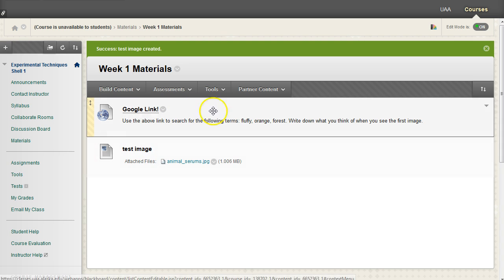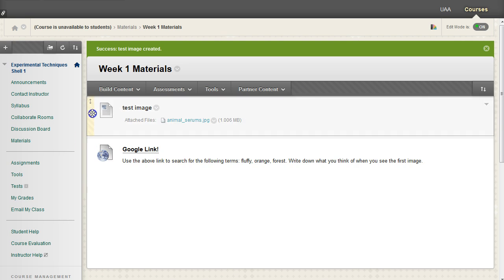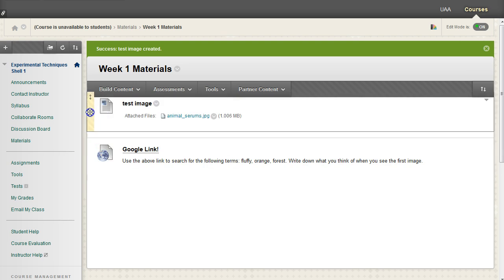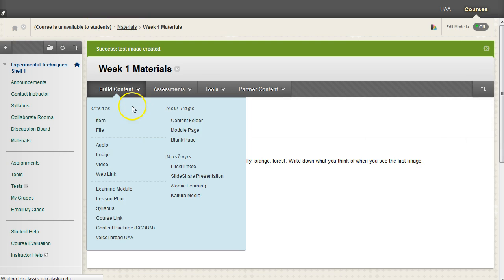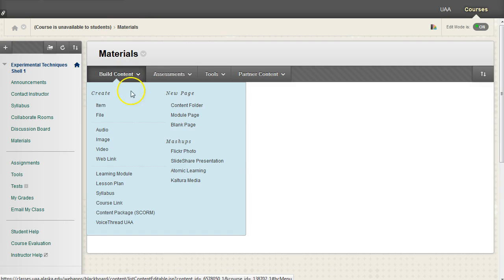And now I've got these two guys. And again, because we have a list of items, we can drag these guys and reorder them if you want to. And then we'll go back over here to materials and do a new folder for week 2. So new content folder,